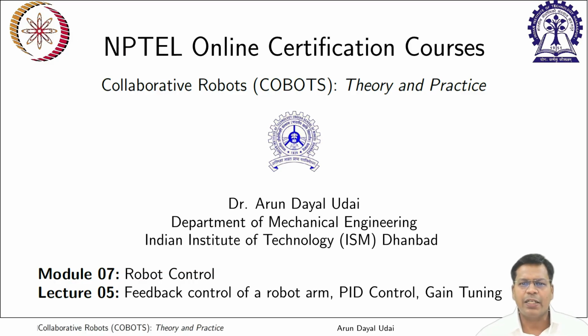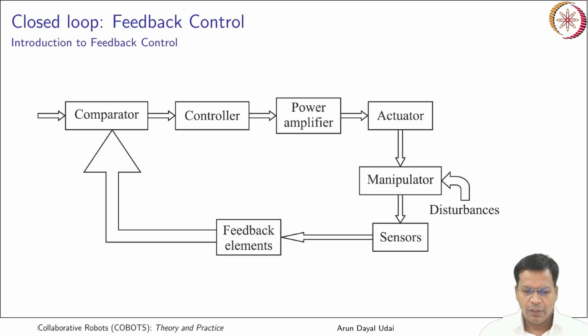Okay, so in today's class, we'll discuss feedback control, commonly known as PID controller, that is the most widely used kind of controller for industrial robot systems. So yes, in general, the closed loop system of a typical industrial robot looks like this. What blocks, what things should you see normally if you look around the controller of your industrial robot? So this is what you desire, that comes from here.